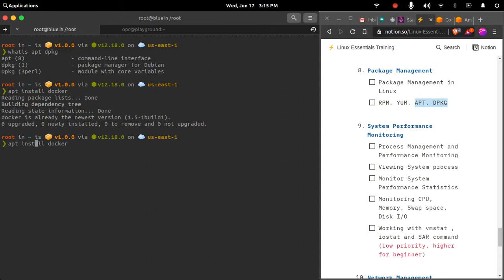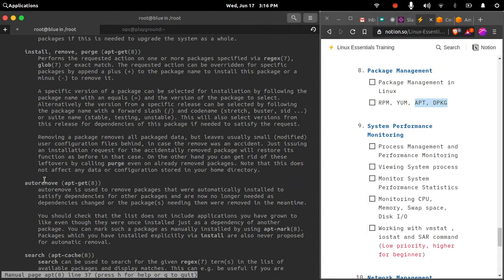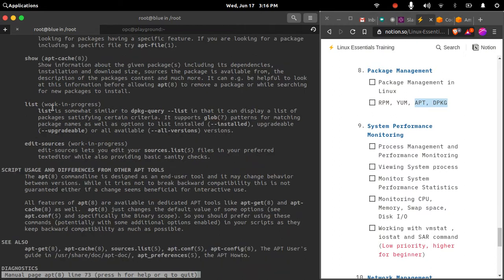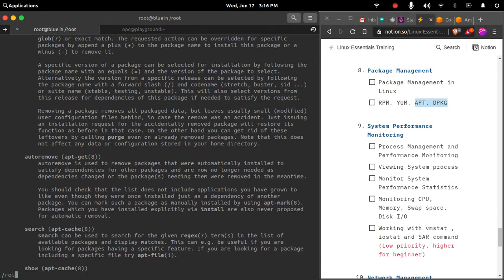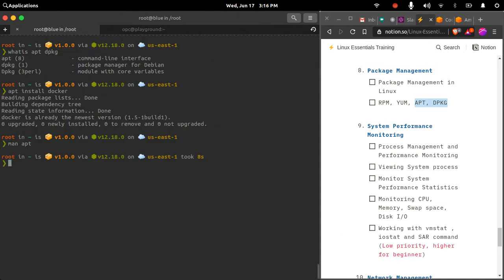I can even check in man. Let's say if I have to do something like reinstall, there may be some option to also reinstall a package. So let us remove this package. So apt remove docker.